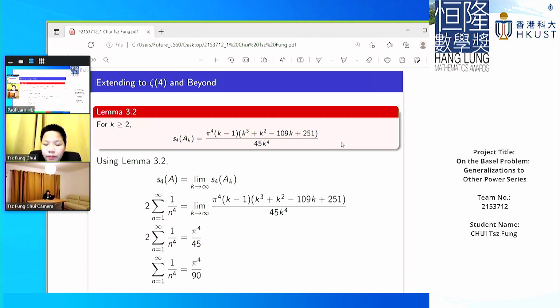We have lemma 3.2 as shown on the slide. And from the equation above, at the end we have Theta 4 equals pi to the power 4 over 90, as expected. As a remark before we move on, note that for any k-1 variables, and for any positive integer n,